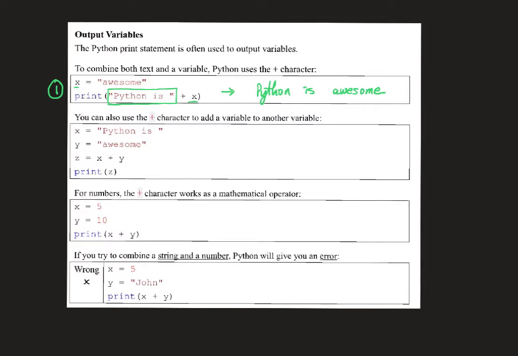And the second output case, this one. We have the first statement, z equals x plus y. And we will concatenate the variables x and y together. So therefore, this output